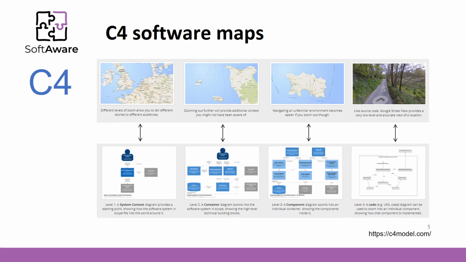Here we have 4 levels of software map. For the basic concept, for example, in which country your home is, the highest zoom level is preferred. Now you can see where your home is compared with different countries. So the first level is called system context. If we go deeper into our system, we have container diagrams. In our example, the container shows roughly where your home is. Further zooming shows component diagrams, and finally, for the full description, we reach the lowest zooming level and see code diagrams. These diagrams show how each individual component of our system is implemented.